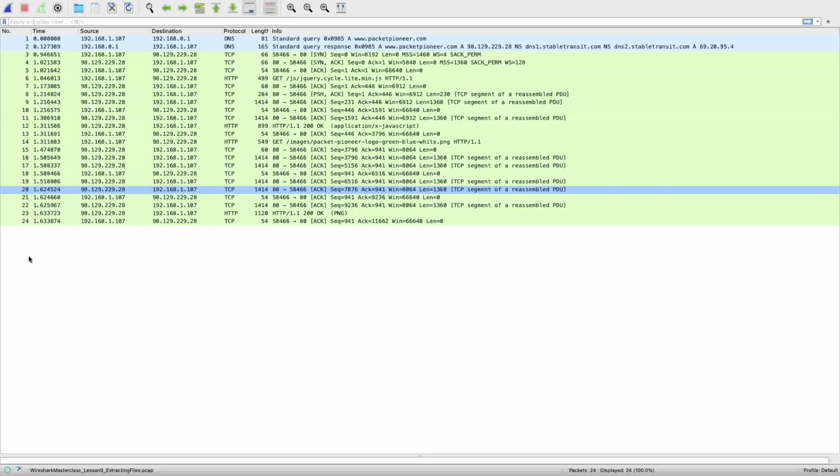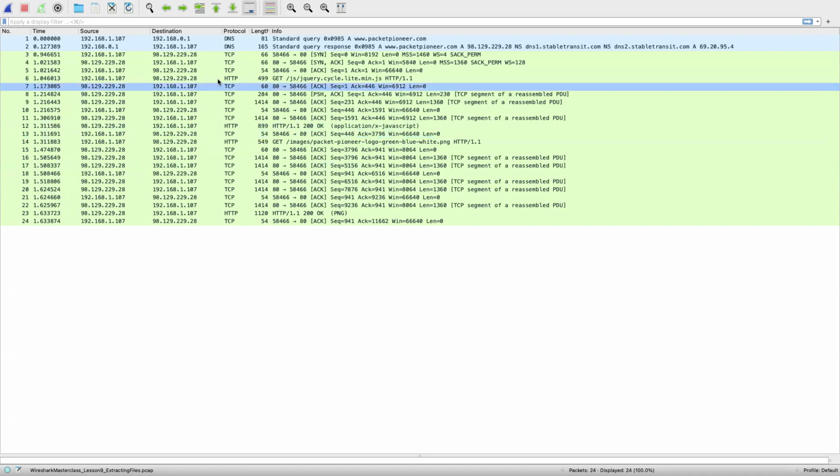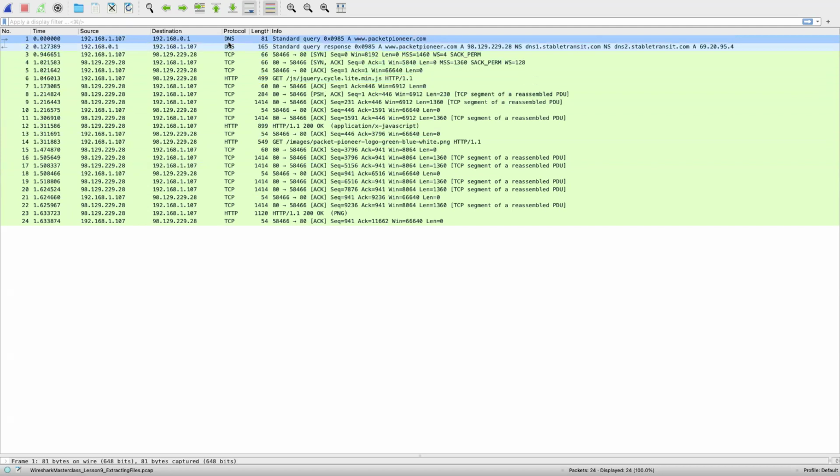All right. So this is one of the packet captures that I found on the internet. And in this packet capture, we can see different techniques or different things that we just discussed. So the first, we can see at the very top, the user that generated this packet capture wanted to visit this website,